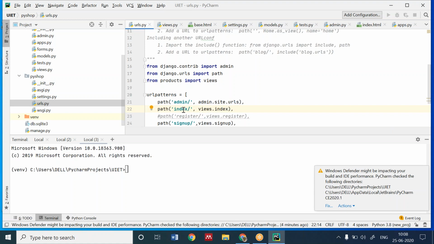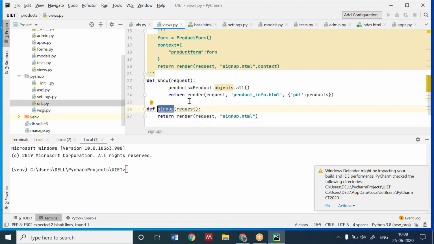What you have to do? You have to define the path for which name it should open. Index should be there, so that index should open. Otherwise, index will not open. You have to define a particular name. Then in views, it has to go, and which function it has to call, and from which function it has to go where. You have to define everything, otherwise it will not run. Okay, Bhavya, you have done this.